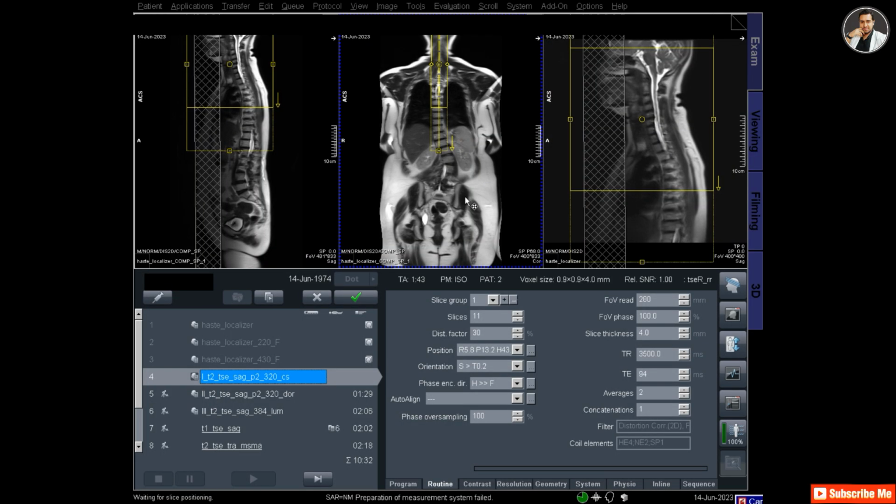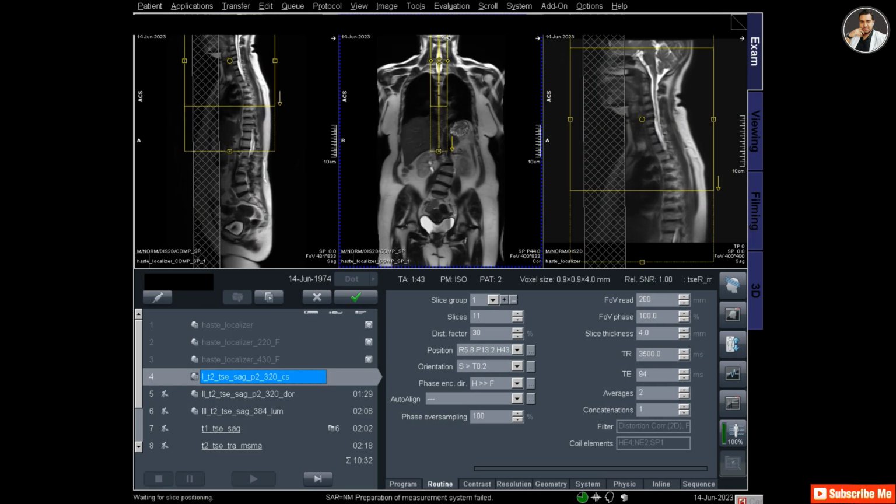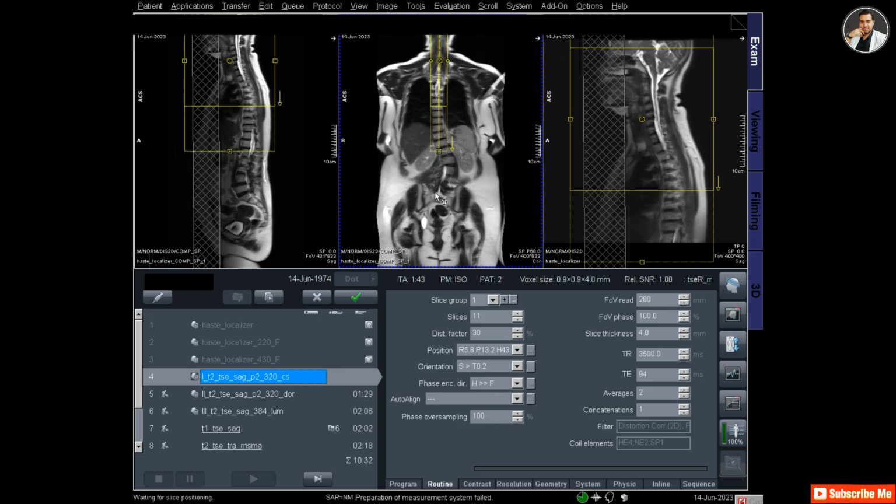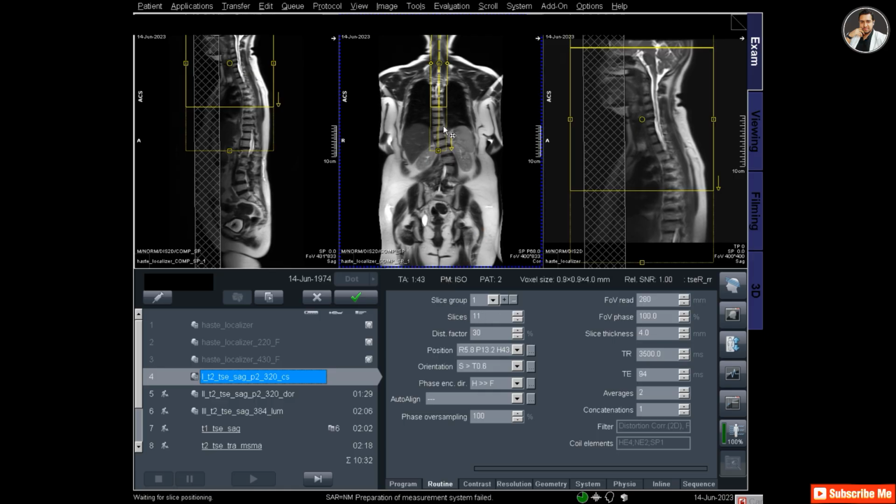Often you face problems when composing the whole spine when the patient has scoliosis. So this video is for you, and you will get very important tips and tricks for composing the whole spine in a scoliosis case. You have to keep in mind two things. The two techniques are important.